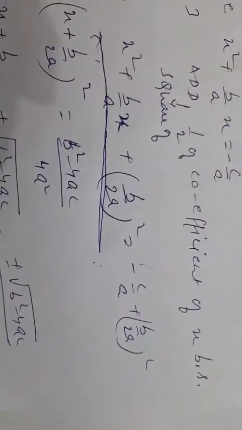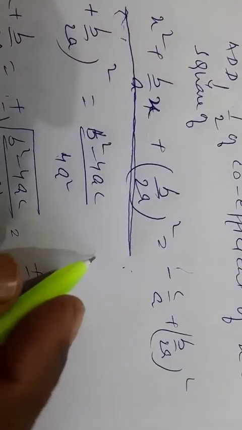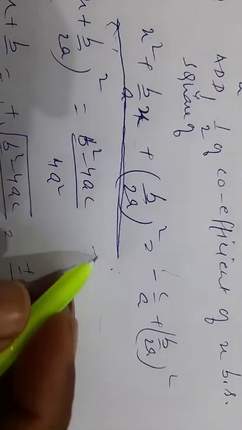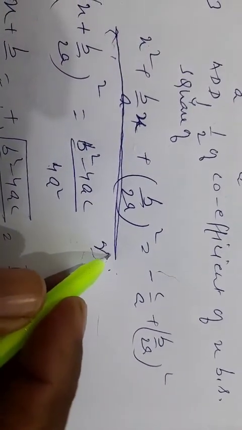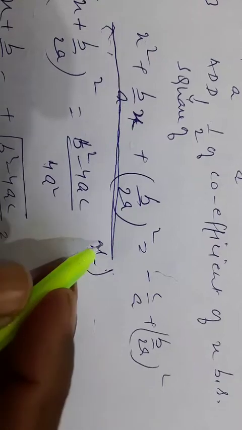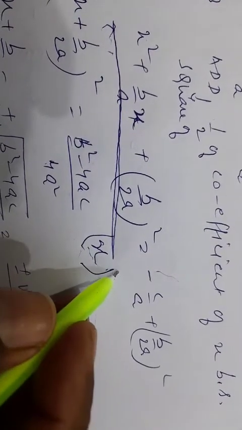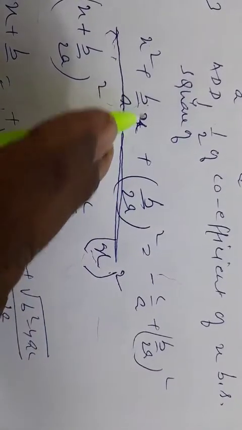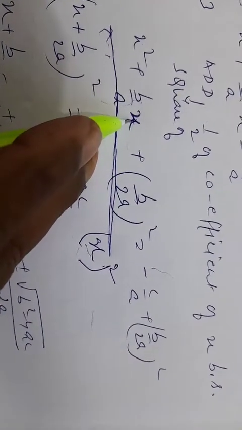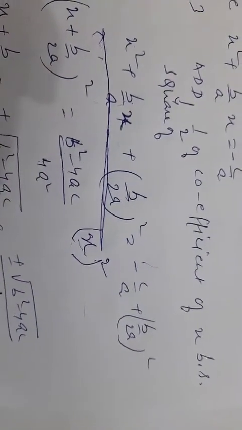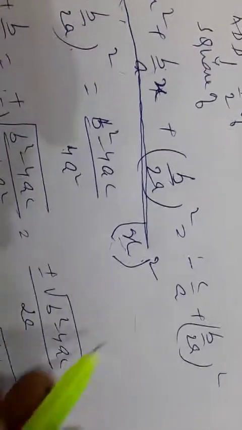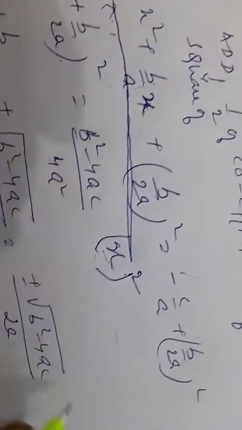This x square can be written as x to the whole square. Now this b by a x, we know the formula a square plus 2ab plus b square. Since it is in the form of a plus b to the whole square, this b by a x can be broken in this form,